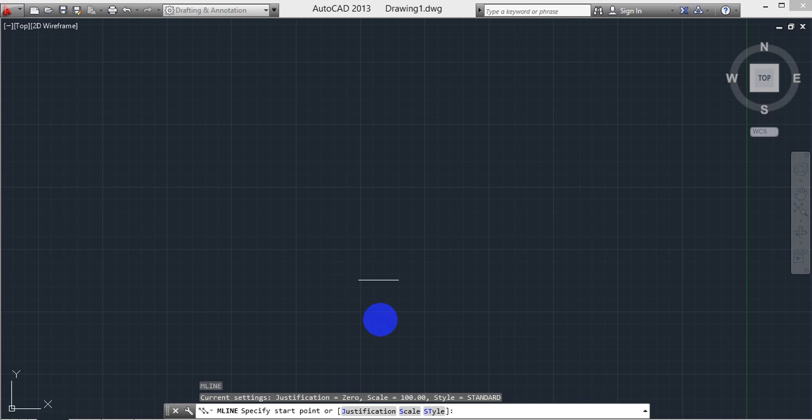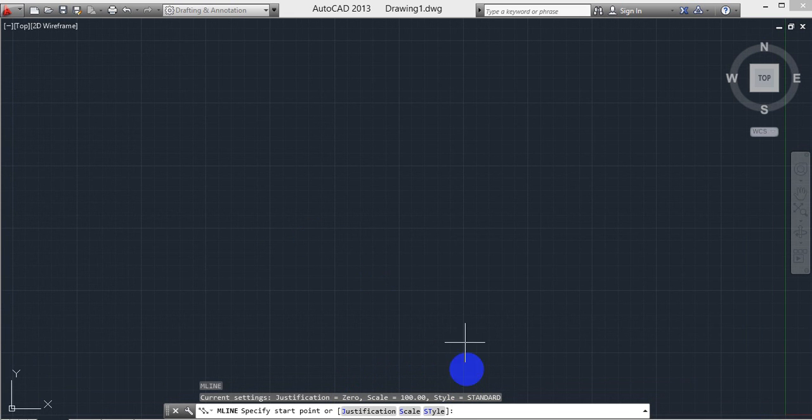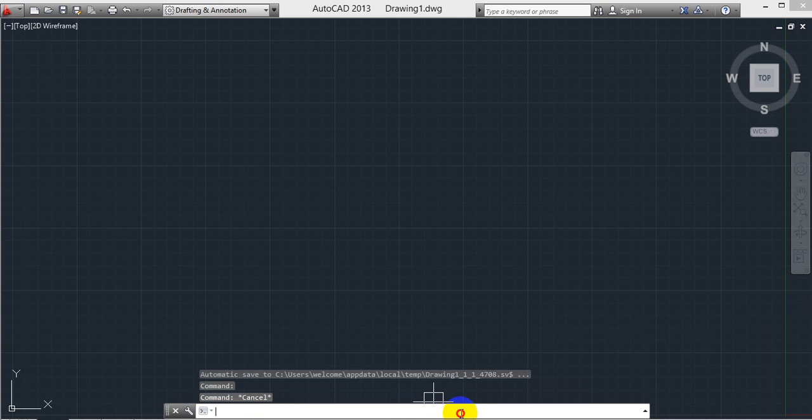Okay, ML, enter. Next, style. In this sense, you can't use style here by selecting here. You can use style by selecting ST, enter. Because you have to use the total four letters, ML ST. Select escape. Type here ML, it means multi-line, ST means style, so ML ST means multi-line style.